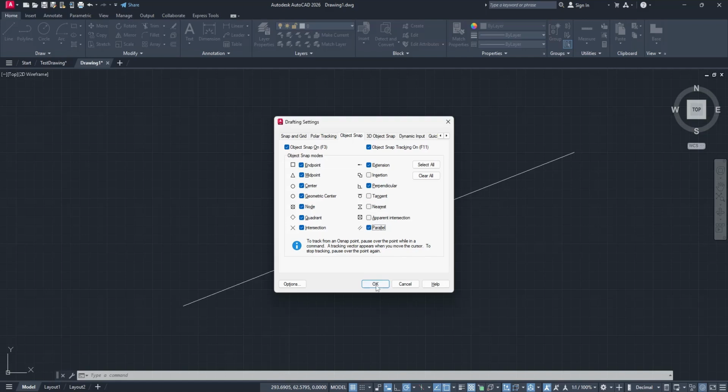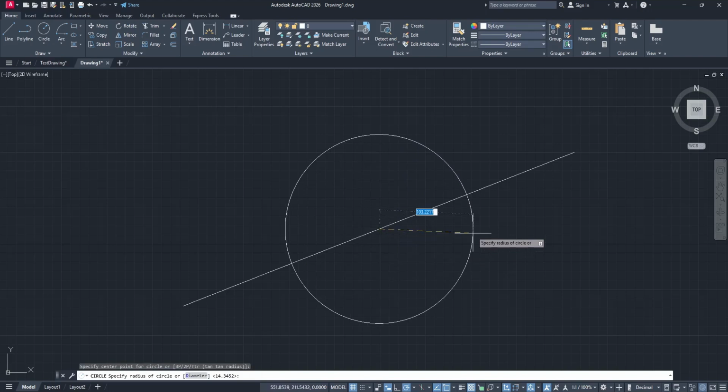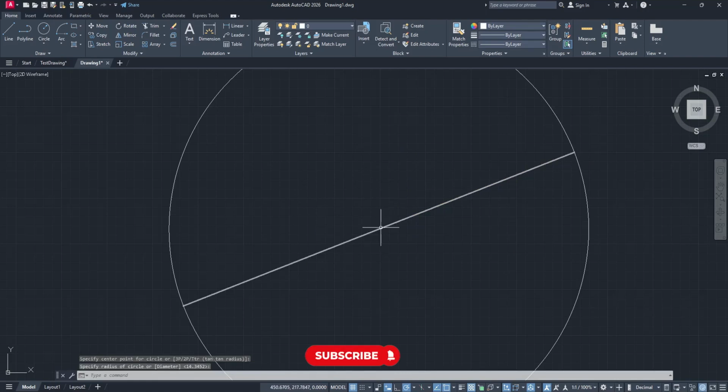To enable the midpoint snap mode, start by typing OSNAP, or simply OS, into the command line. Once you've entered this command, hit Enter. This command opens up the Drafting Settings dialog